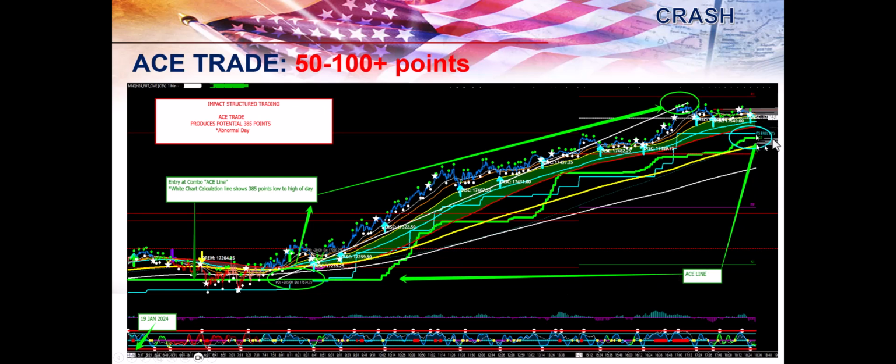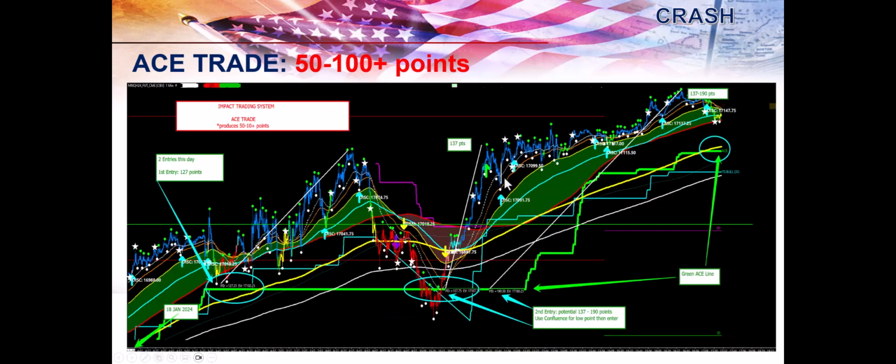This is the ace line right here that moves down. Once price comes and hits it, we get a bounce off of it. And I'll show you a trade in the opposite direction of an ace line in a slide here in a second. Let's look at the 18th, the day prior. Okay, we had 2 entries on this day. The first entry produced 127 points when it hit the